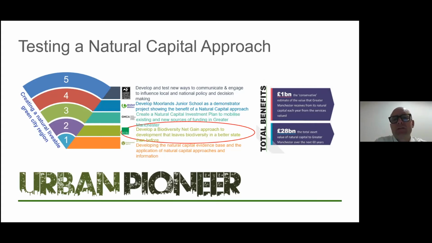I think developing communication and engaging with people is absolutely important, so that our communities and residents understand the true value of our natural environment, and that will help in the delivery of biodiversity net gain. If more people understand the value that our natural environment provides and the benefits they're receiving, then there's a shift in how people look at our biodiversity and natural environment, and they too get involved, volunteer, help protect, and respect our natural environment.